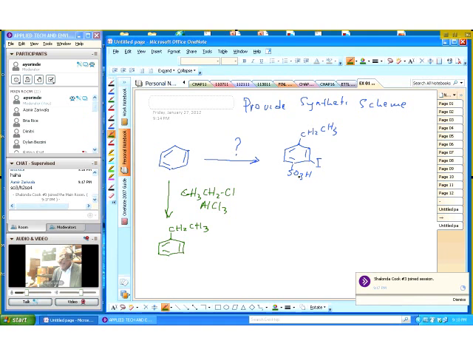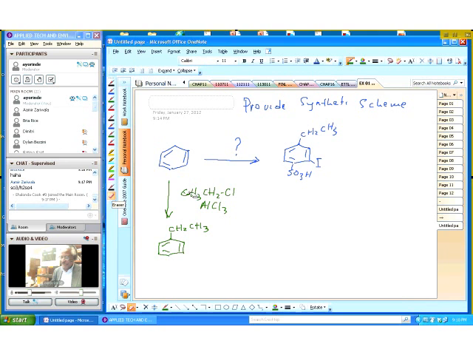Keep in mind that the sulfonic acid group is a meta director. So the synthetic strategy here, you got to look at the substituent and then look at the way this would direct incoming groups. So the answer to this, we have to start with acylation first. We start with Friedel-Crafts acylation, and that will give us